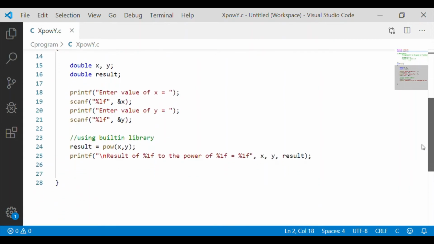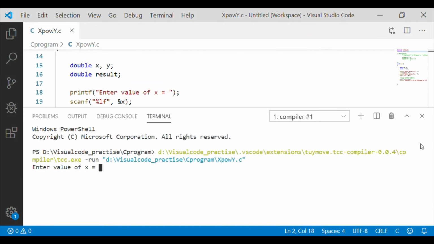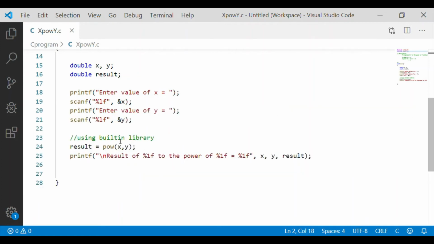On execution, let me give the value of 2 to the power of 3, and the result of 2 to the power of 3 is 8. We got the expected result by using the built-in C library.